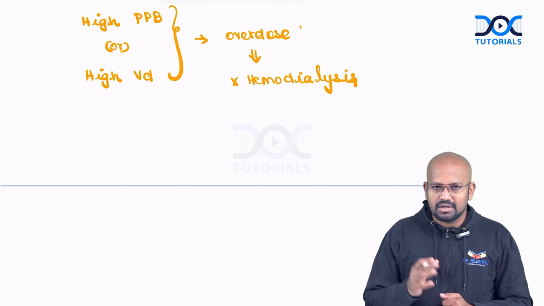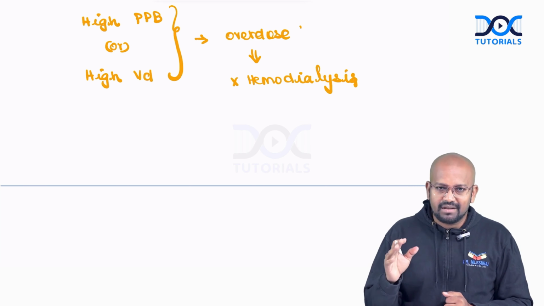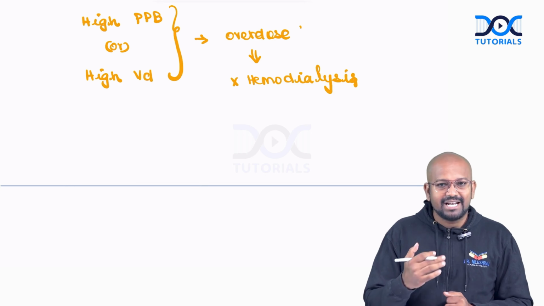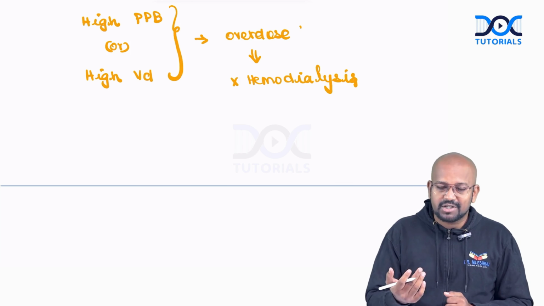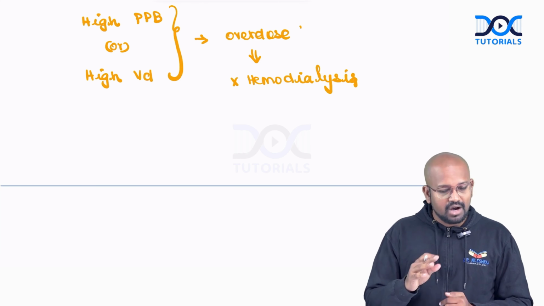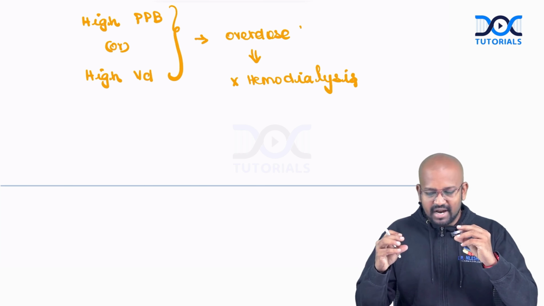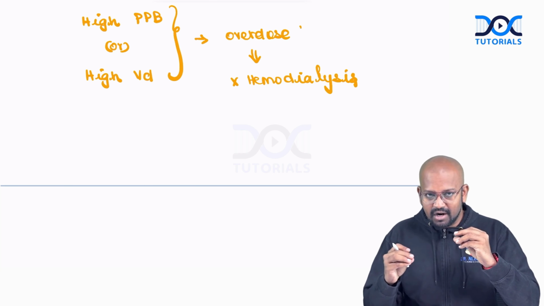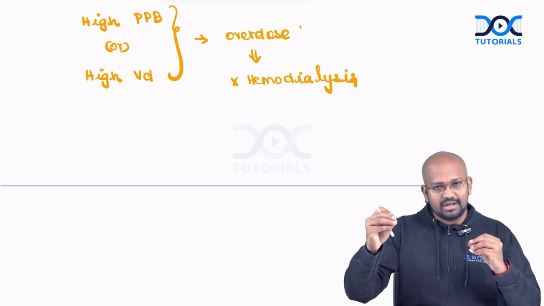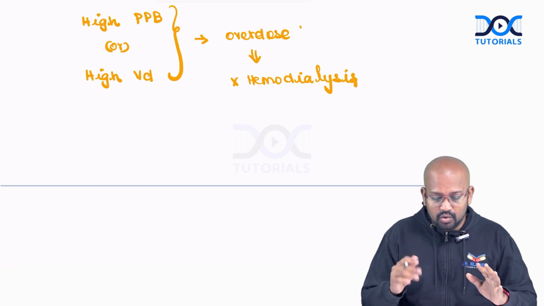With dialysis, remember, we will be removing free drug concentration from the blood. If a drug is highly plasma protein bound, which means what? I cannot remove those drugs. Only the free drugs will be removed. Of course, equilibrium is getting mismatched, so the plasma protein bound form will be converted to free form, and that free form in turn is going to be excreted. That's why for acute overdose,